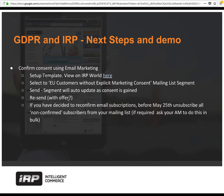And as I've mentioned, our expectation is if you're requesting consent, you have to be prepared for losing a decent amount of your mailing list, because people naturally will miss emails, not open them. Open rates will be low. If you use a template, it should help you get them higher, but you'll naturally be expecting a weeding out of your mailing list. So you may want to send a couple of attempts at this, potentially with an offer, although there's maybe a slight